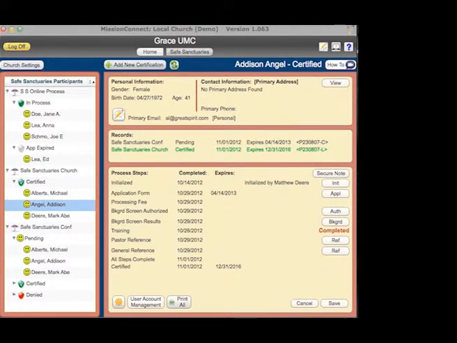Okay. I will share a bit about the certification authority. You all are called the local church assistant to Safe Sanctuaries, and you need to have set up in your local church a certification authority. Many of these decisions, when they come back all clear, it's fine for you to go ahead and certify them. But if there's ever an issue or a red flag in any of the areas, such as the application, if they answered a question with a yes, or if you're using references and a reference did not mark always or marked with some reservation,